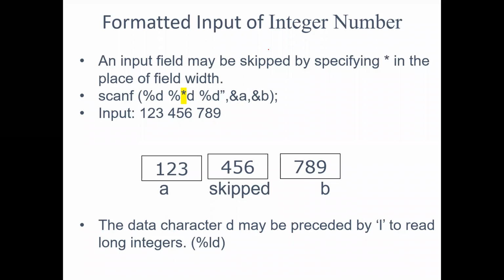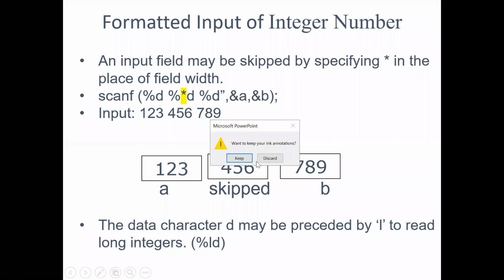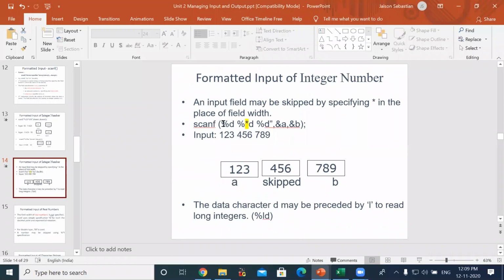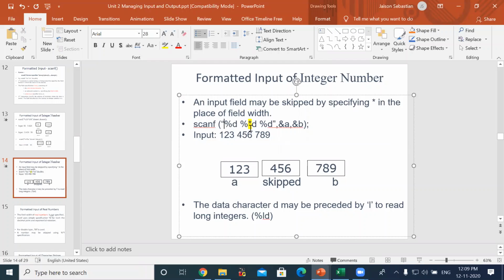So in formatted input of integers, now we are just seeing one example. In case you want to skip one of the inputs, I don't know where it can be applied, but one example they had given. Suppose you want to skip a few numbers which are entered, then what we have to do is, whenever we are running a program using scanf, and you are mentioning scanf conversion symbol %d and a conversion second,